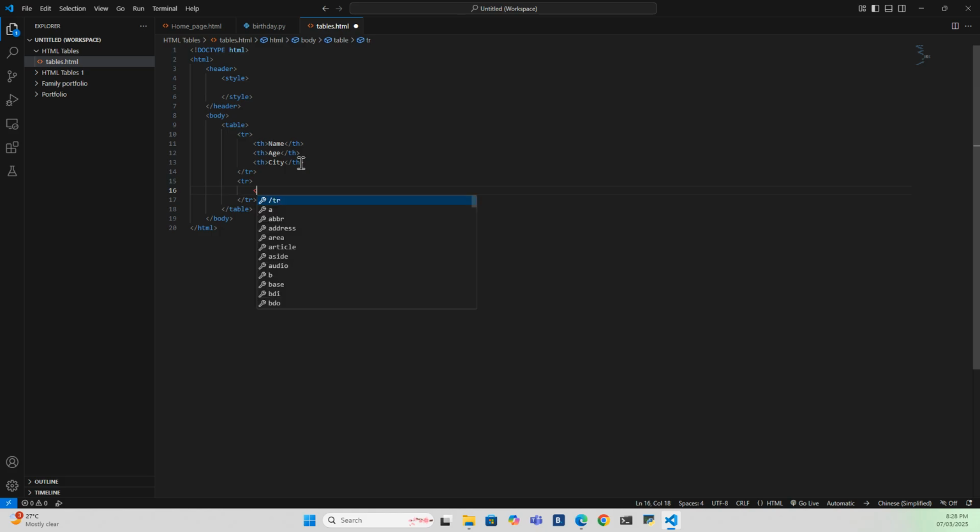For that we will require the td tags, the table data tags. Now my name is, again for this also, each data will require its own table data tag.